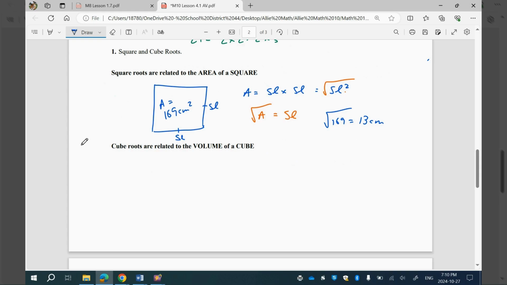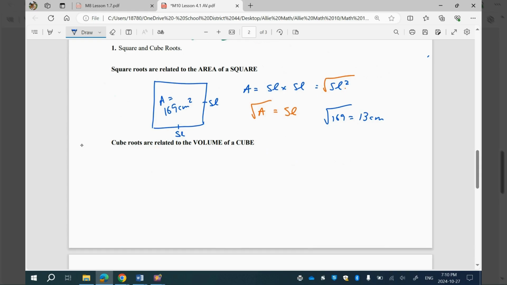And the cube root is related to the volume of a cube. So if we have a cube like this,